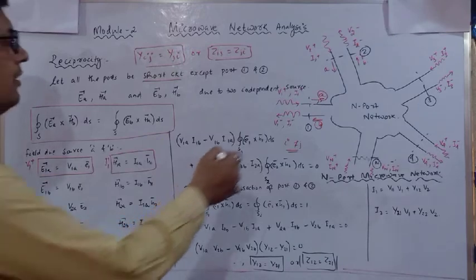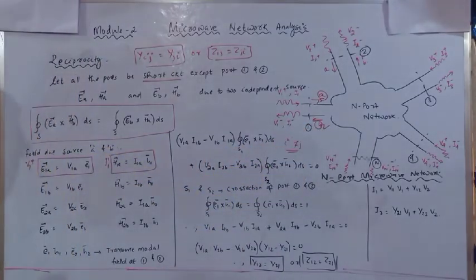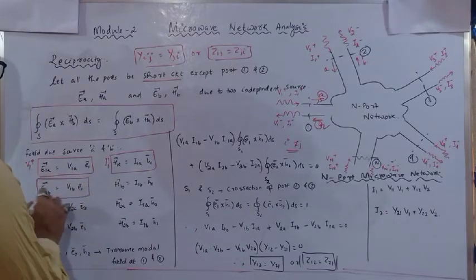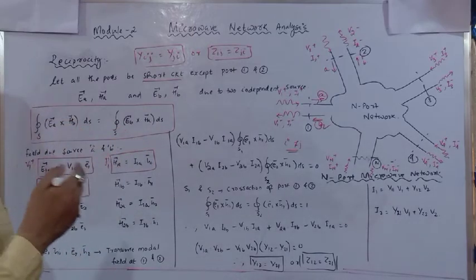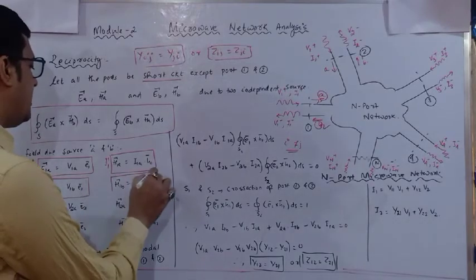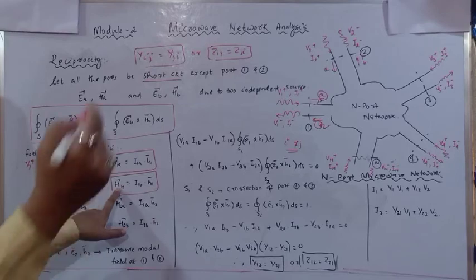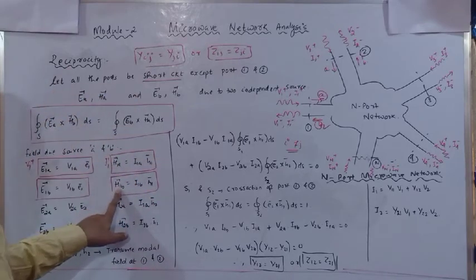Now reflected is what? B. So for B we are having V1 minus. So here I have written E1B is equal to V1B into e1. So V1B is what? It is the reflected potential. Here I have represented in terms of electric field. Similarly, with respect to the reflected current, the magnetic field is going to be analyzed. That I have written H1B. B is the reflected, 1 means for the port 1.